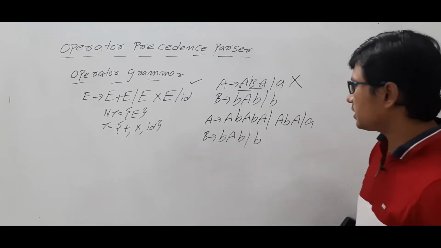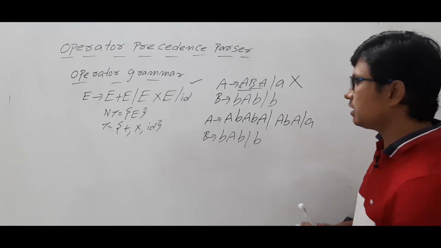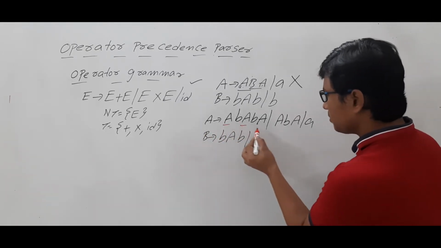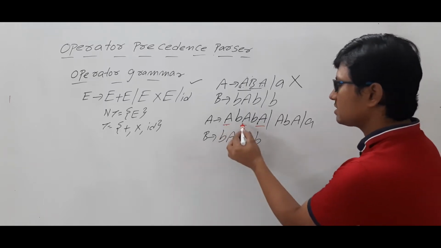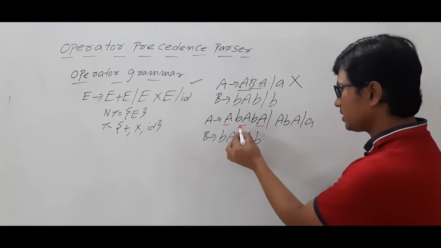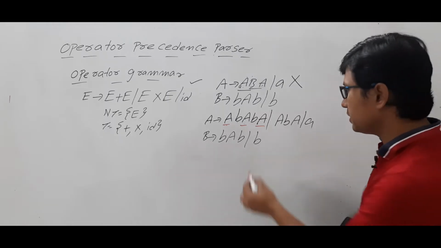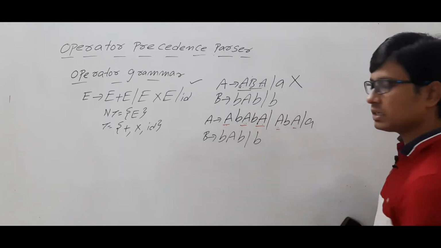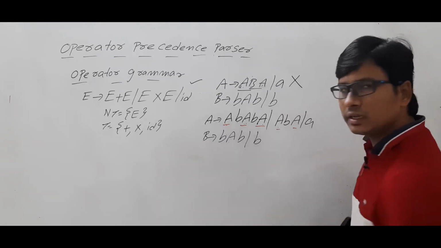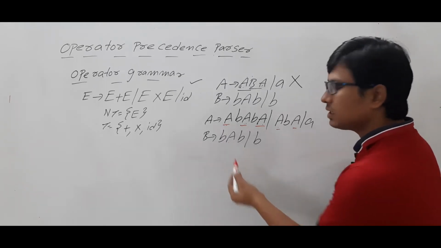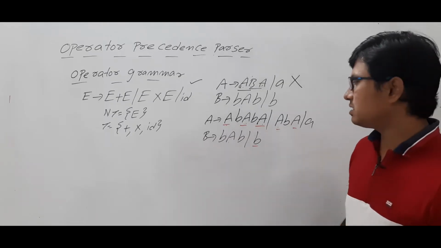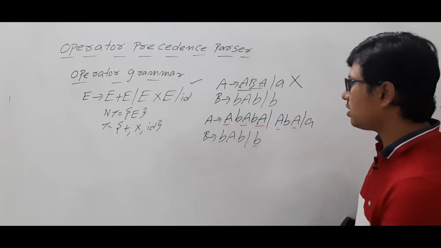Now, if you look at it, what are the non-terminals? A and B are the non-terminals. This A and this A are not adjacent to each other because there is a terminal in between. Similarly this one also, and this one also. These are not adjacent. And here only one non-terminal is there, so adjacency is not possible. Here only one terminal is there, so adjacency is not possible. Is it clear or not?